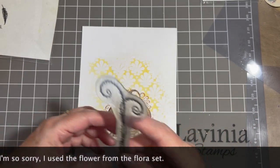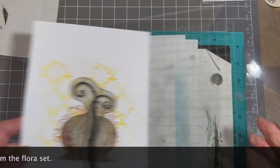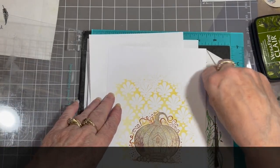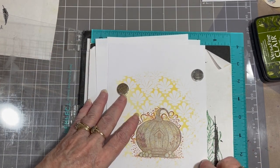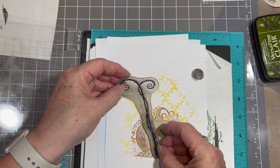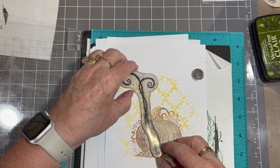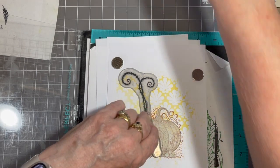I'm going to do this one first, but I'm going back to my stamping platform to do this bit, and I'm going to ink this up in Shady Lane ink for my Crock. So I'm going to put my magnets back down to hold my card in place, and then what I did was, with this one, I placed it there, actually I'll bring it down a bit further,